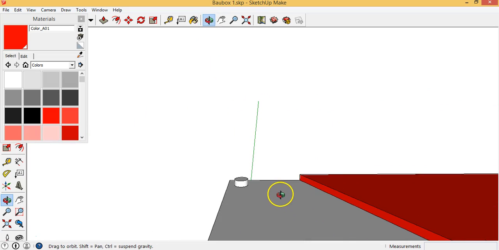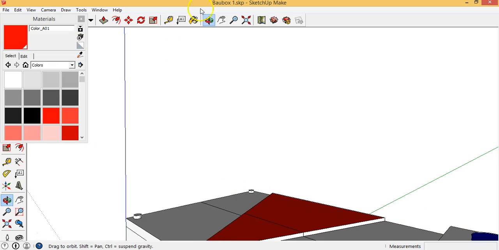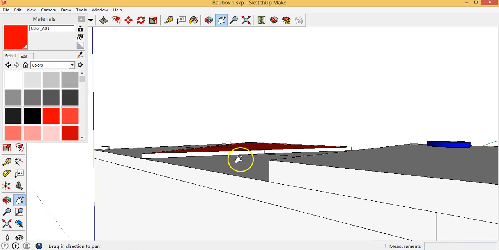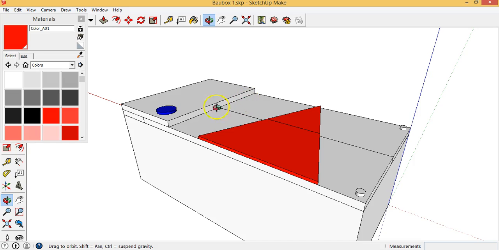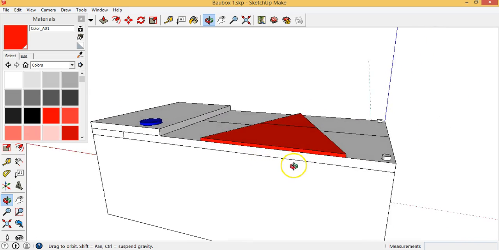Let's just zoom out a little bit. Zoom out a bit more. Got a couple more edges here we need to do. One in there. One in there. Okay, so let's zoom out now. So we'll end up with a blue circle and a red triangle on there. That's quite nice. Now let's make sure we understand what the rest of the box